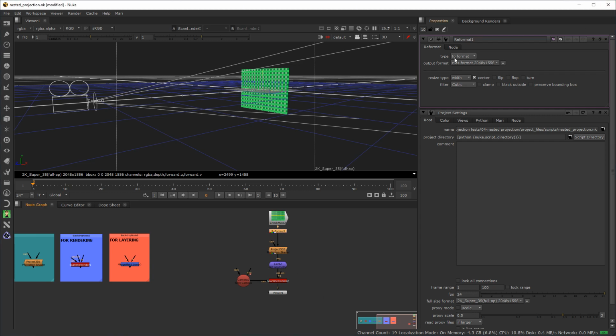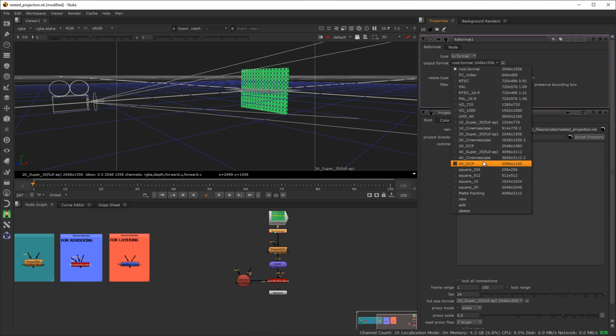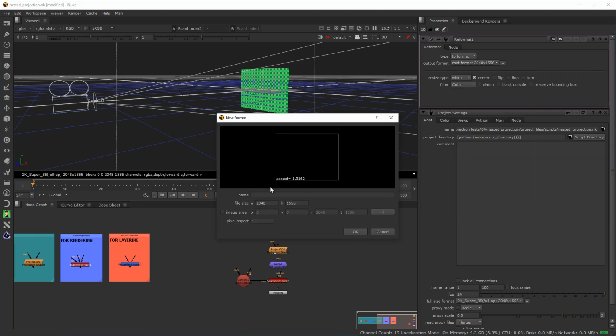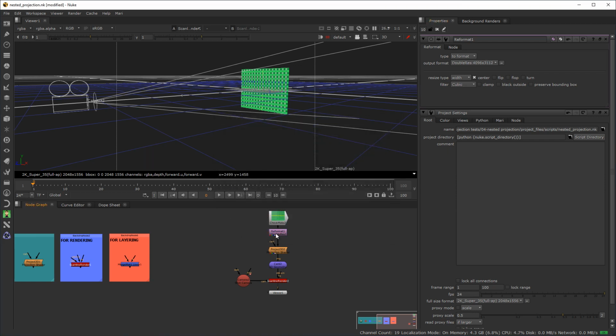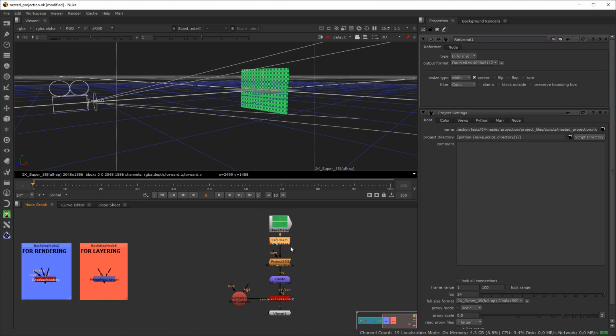So in my reformat node, I'm going to come down, create a new format, and I'll just call it double res, and I'm just going to double up these width and height ratios. I can do that just by using the multiplier operator, and we can see that that doubles the resolution. So if I settle for that now, we can see that the reformat node has a double res format applied there. So effectively, if this was our matte painting, this would be double the resolution of the display